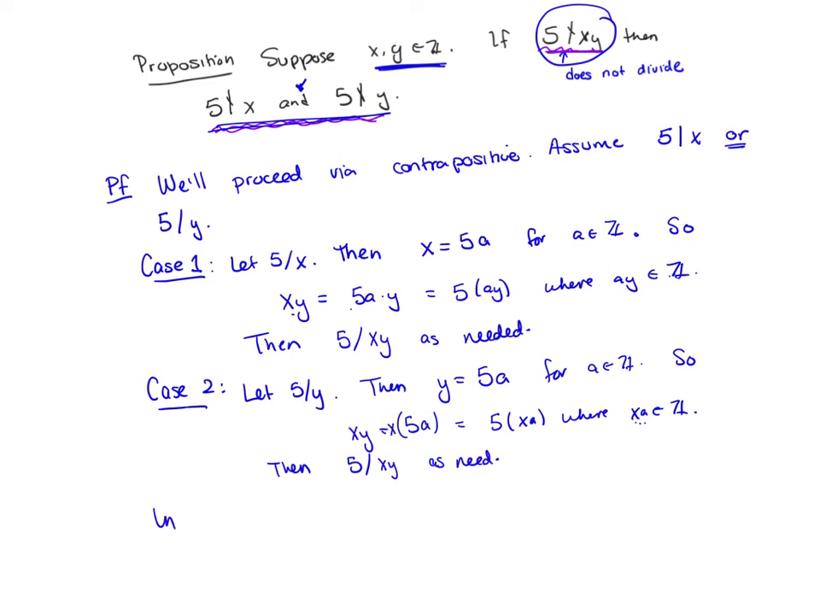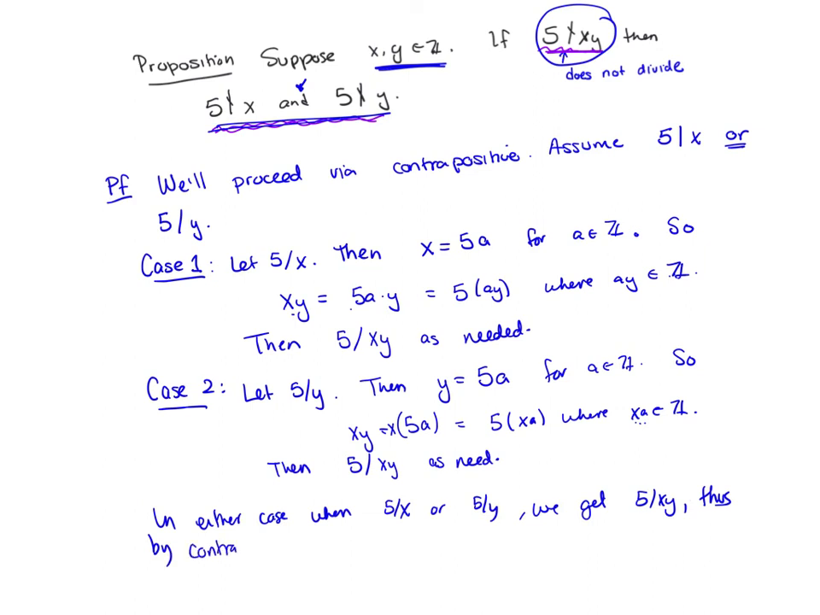So then we can say, in either case, when 5 divides x or 5 divides y, we get that 5 divides x times y. So we're done. You could say, therefore by contrapositive, if 5 does not divide xy, then 5 does not divide x and 5 does not divide y. So let's do that. Thus, by contrapositive,